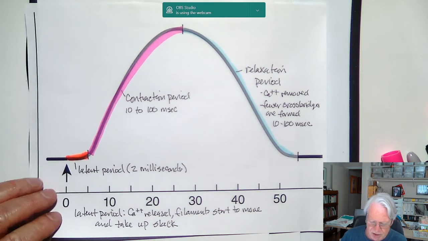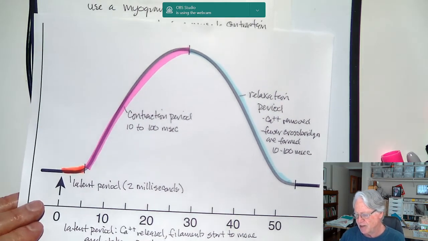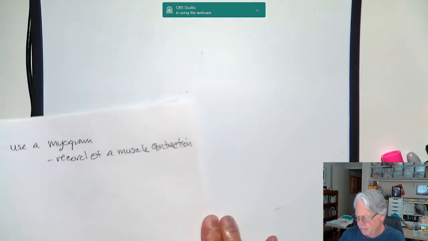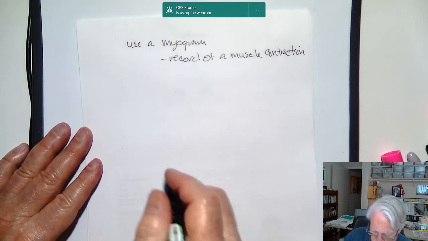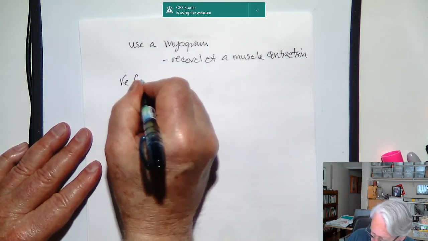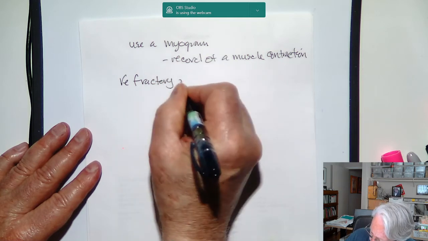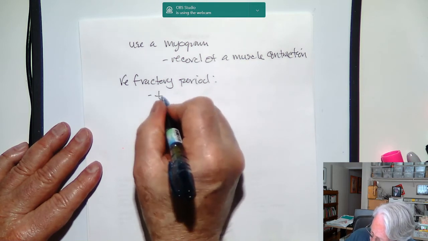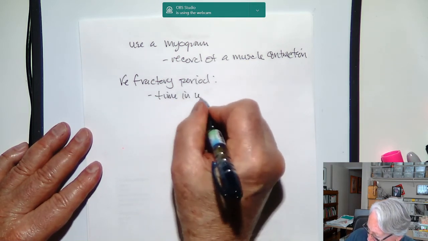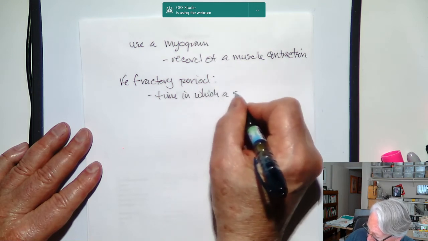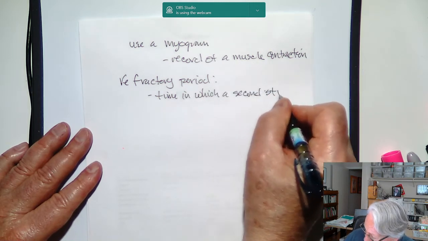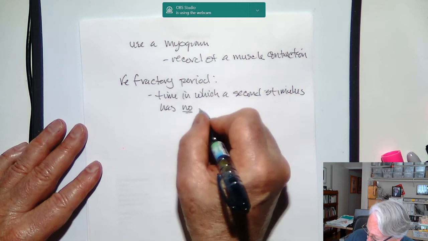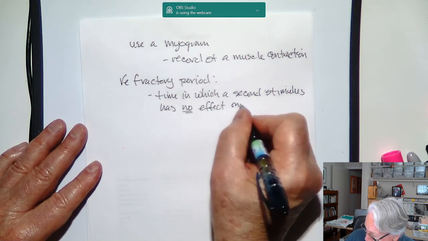So let's deal first with this non-response period of time, and it has a name. The name of that is the refractory period. So this is the time in which a second stimulus has no effect on a muscle